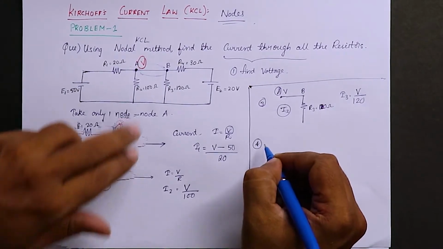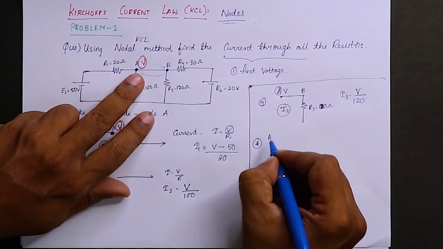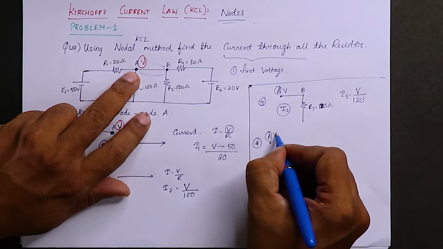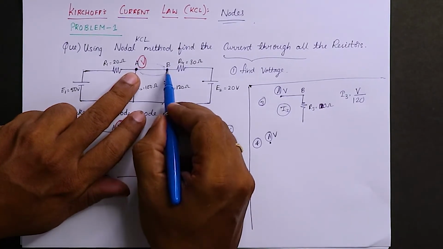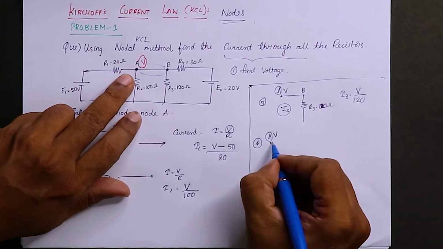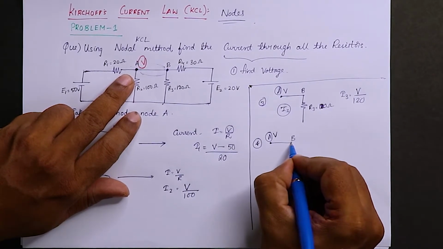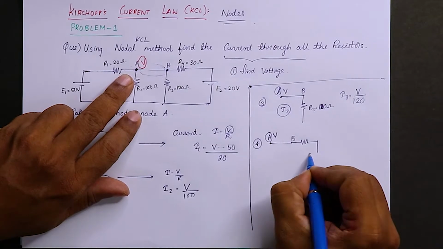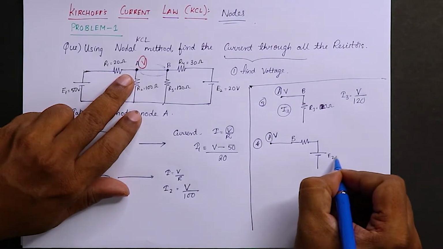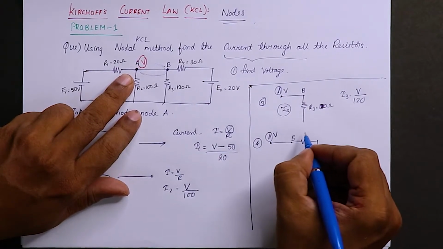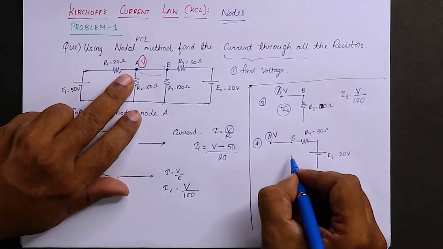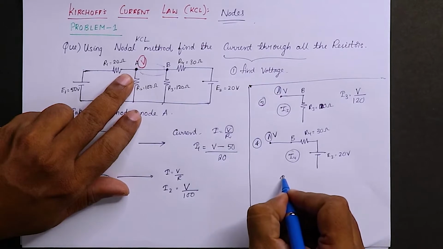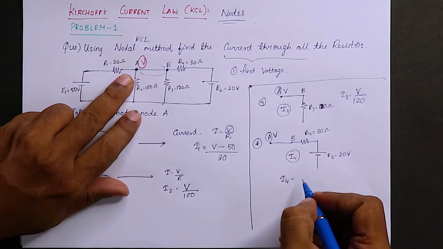Let us take the fourth one. Again I have taken A, because this is the node we have specified and the voltage V which I have specified. Okay, I have finished the other branches, so this branch is pending. So there is a resistor R4 in between, and this E2, which is equal to 20, as he has given. R4 is equal to 30 ohms. Now let us take this I4. So I4 is equal to V by R.